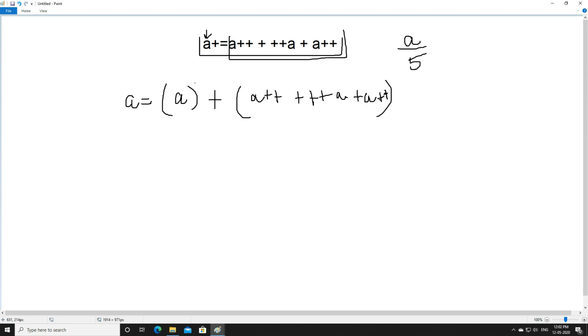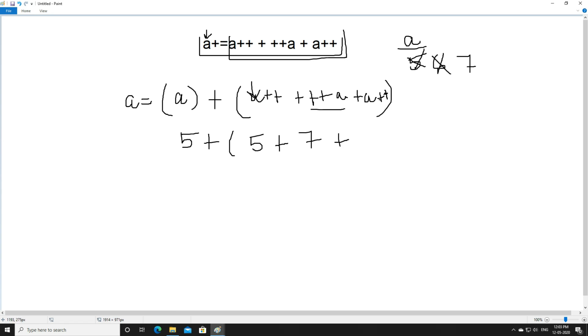Now when we solve this, first we have to solve the left side bracket. What is there? a. What is the value of a? That is 5. a++ means first we have to use the value of a, then we can increase it, because post increment is done, and in post increment first use the value, then change it. So 5 will be used here, and then the original value of a will get changed to 6. Then the plus sign. Here pre increment is done, first we have to change the value and then we can use it. So when we change the value, 6 will become 7, and then it can be used, right?